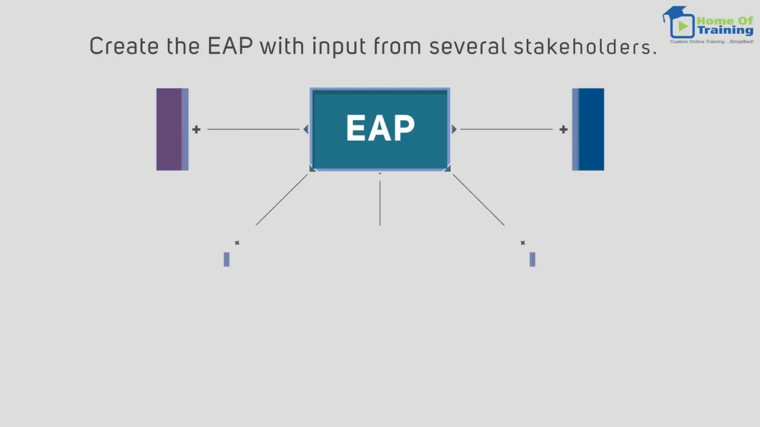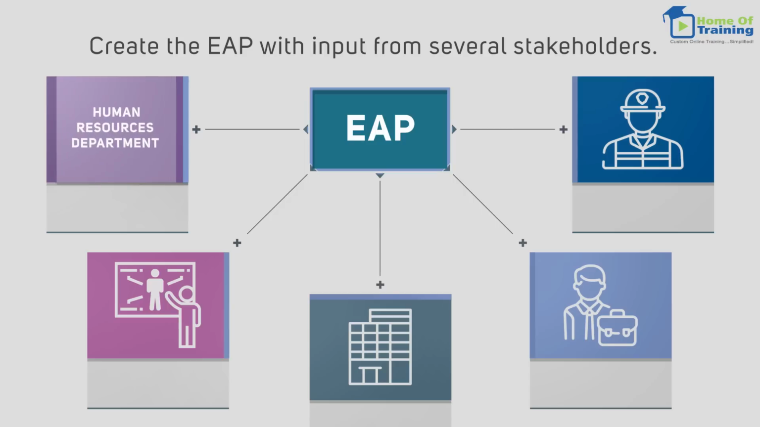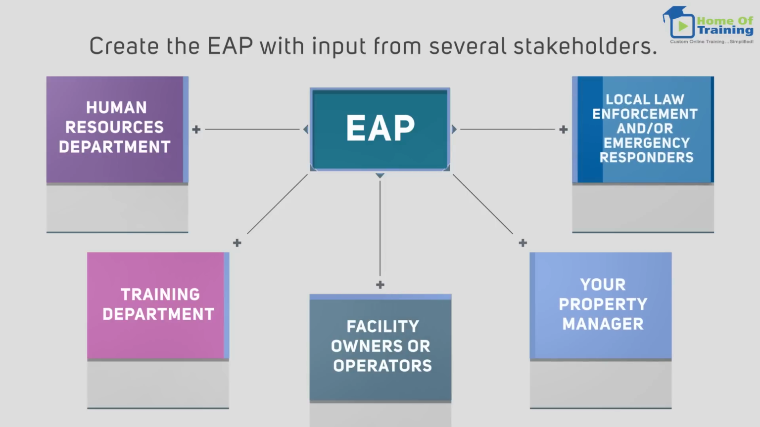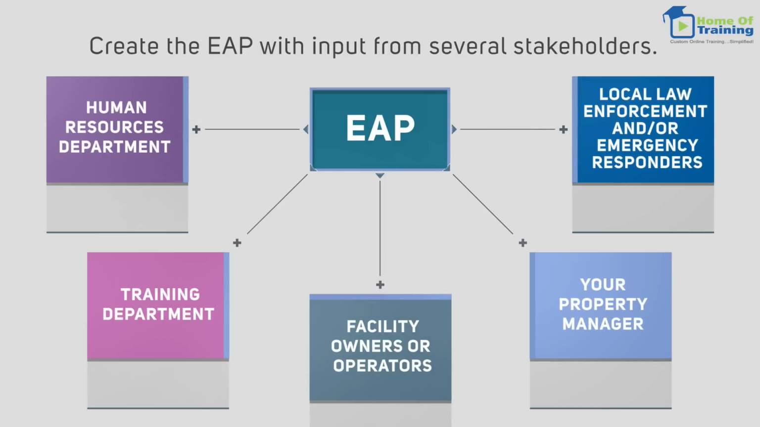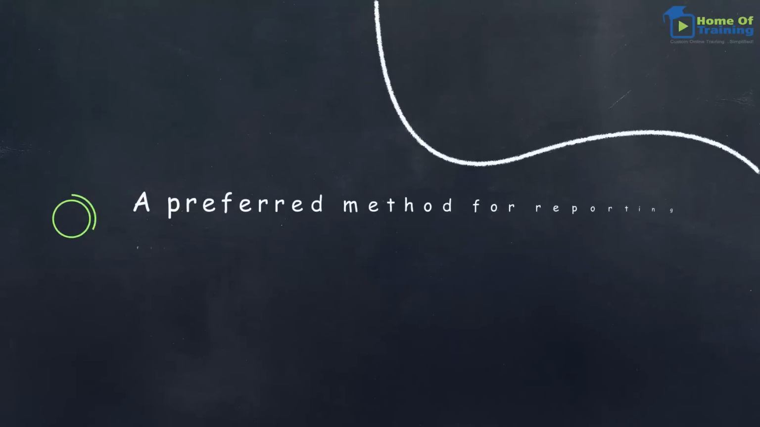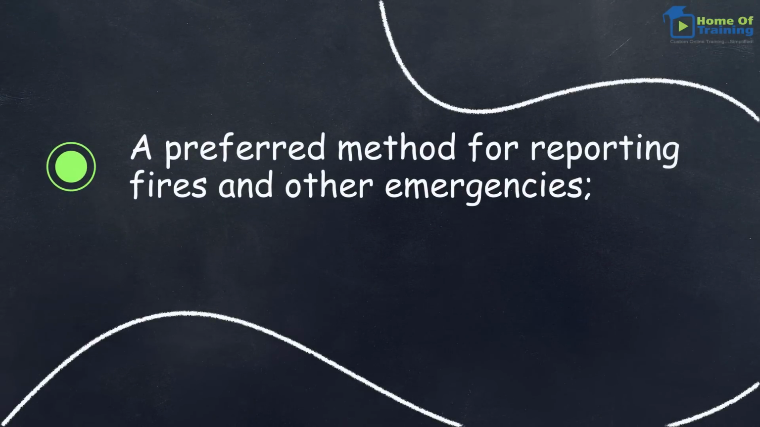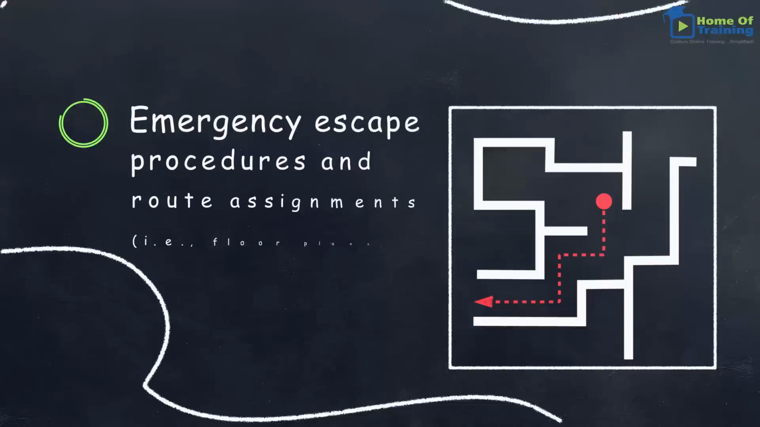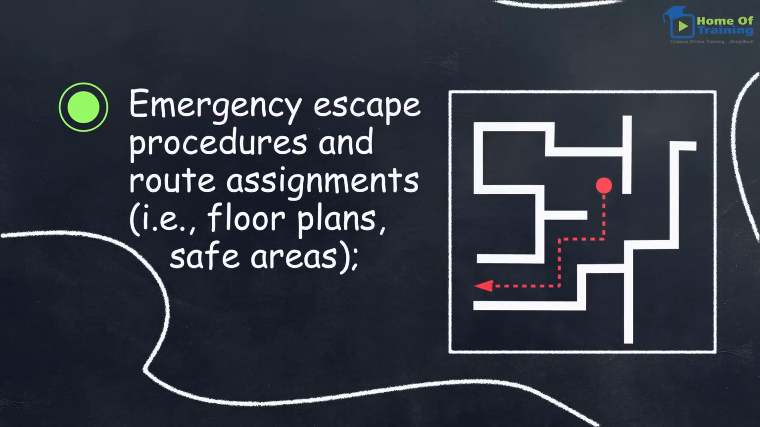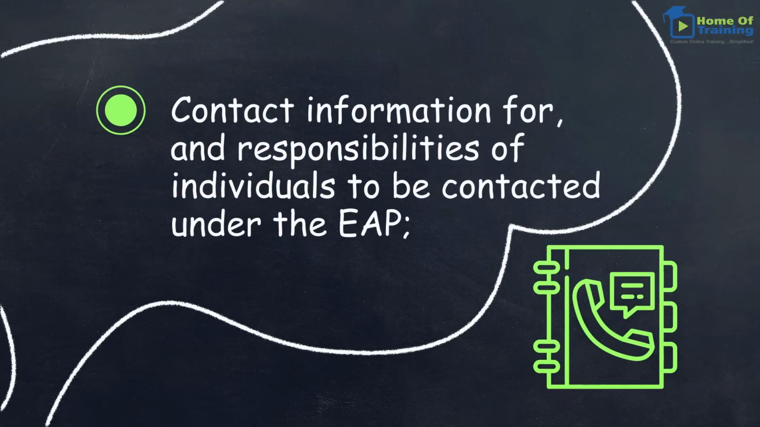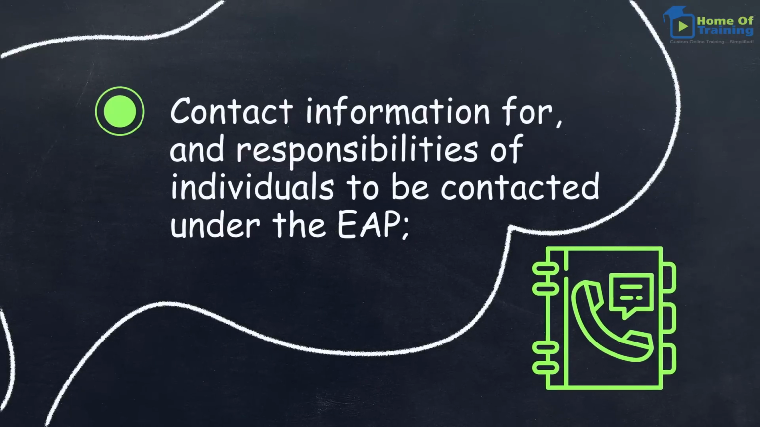Create the EAP with input from several stakeholders, including your Human Resources Department, your Training Department if one exists, facility owners or operators, your property manager, and local law enforcement and/or emergency responders. An effective EAP includes a preferred method for reporting fires and other emergencies, an evacuation policy and procedure, emergency escape procedures and route assignments, for example floor plans and safe areas, contact information for and responsibilities of individuals to be contacted under the EAP,